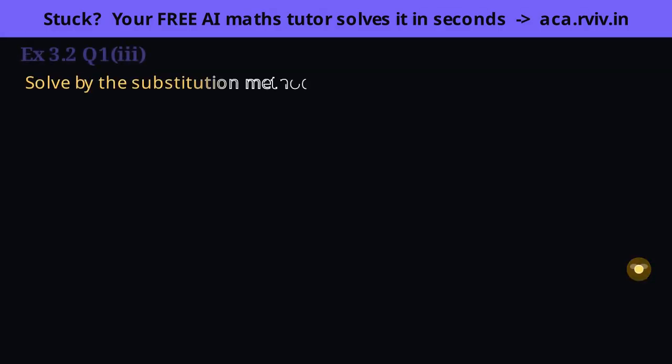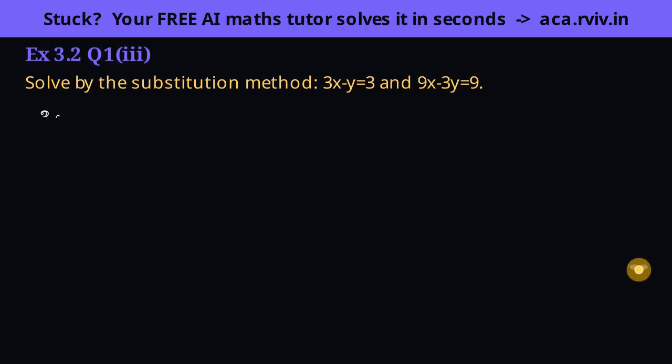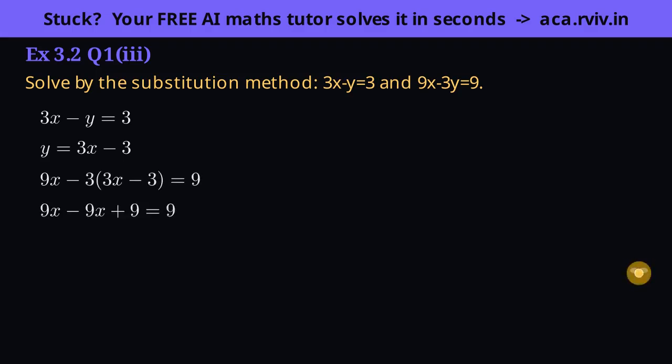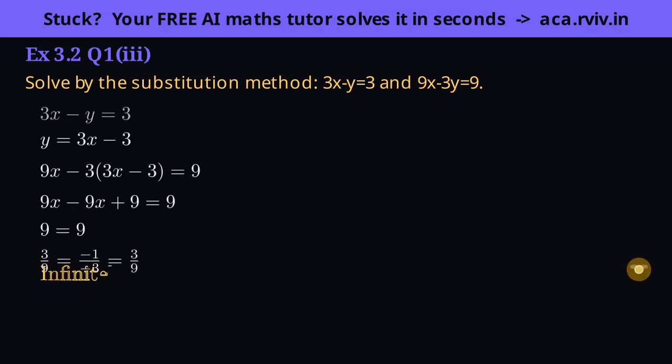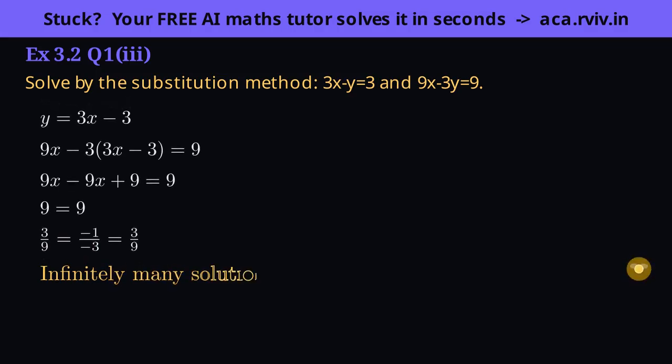Stay alert for the variables disappearing. Set up: solve the first for y, substitute, and watch for the variables vanishing. Isolate y. Substitute into the second equation. Multiply out. Everything cancels to a true statement. A true identity means the equations are the same line. Insight: a true statement with no variables is the signature of coincident lines.